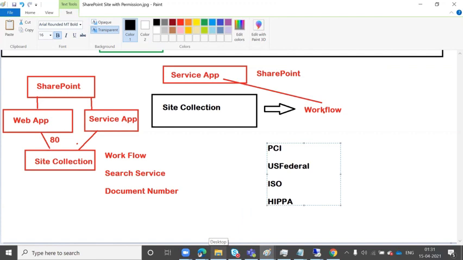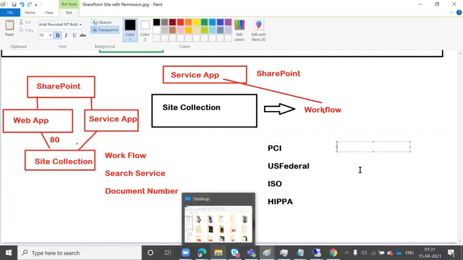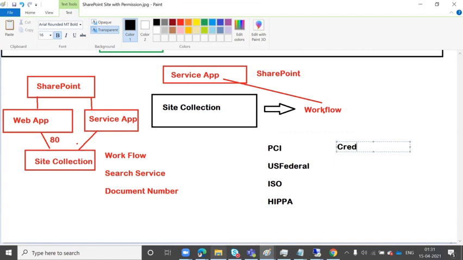For example, can I upload a document where I am revealing information like a credit card, or HIPAA information, or maybe a passport? Maybe I have a document with information related to a passport. So when you have any document which contains such kind of information, like credit card, like passport,